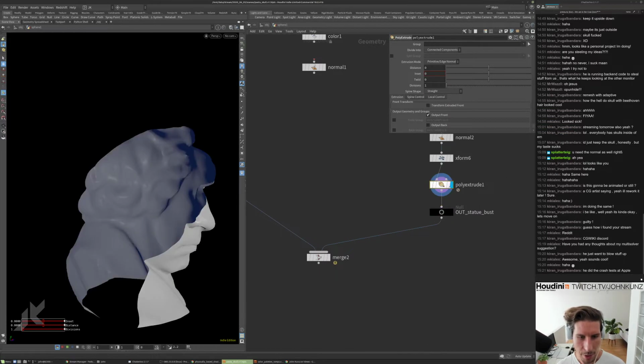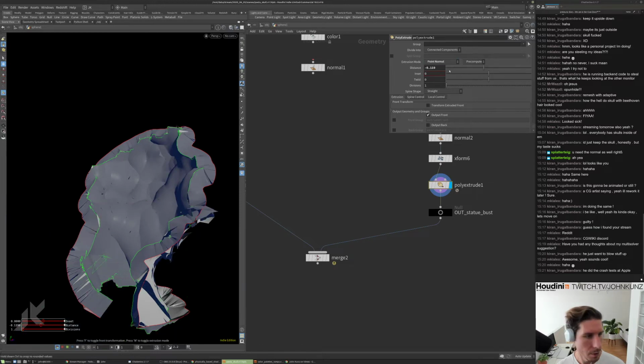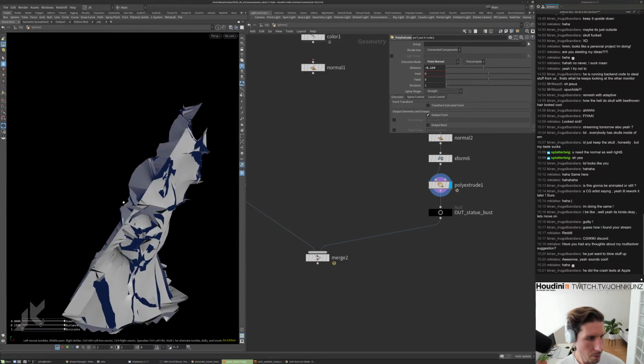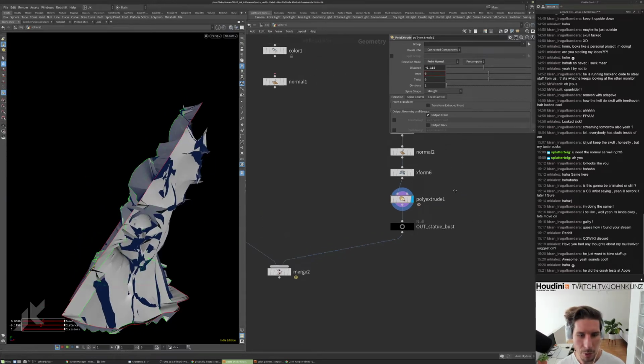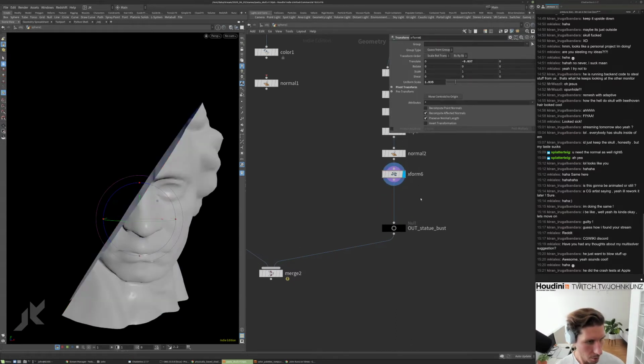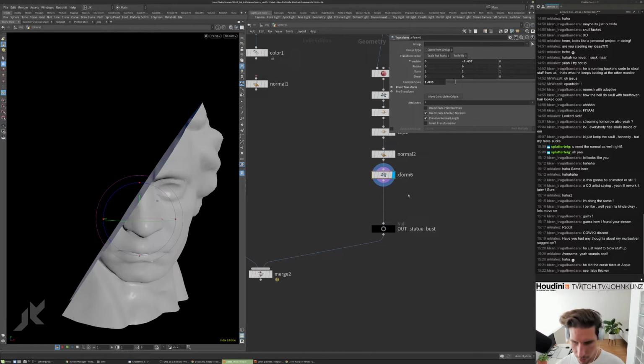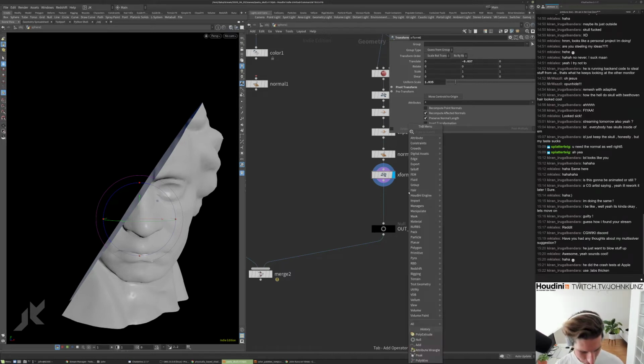I don't know what's gonna happen here, but I'm just gonna try to give this some thickness real quick. This might blow up. Sometimes you can do the point normal. I don't have the lab stuff installed. How does the thicken work? I'm just gonna do a